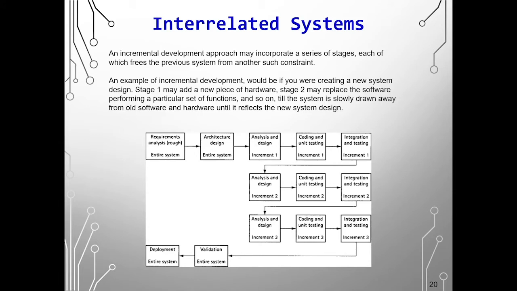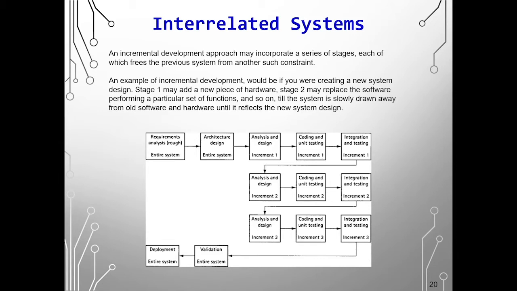Next, we'll talk about interrelated systems. An incremental development approach might incorporate a series of stages, each of which frees the previous system from another constraint. An example of incremental development would be if you were creating a new system design. Stage 1 might add a new piece of hardware, Stage 2 might replace the software performing a particular set of functions, and so on, until the system is slowly drawn away from the old software and hardware until it reflects